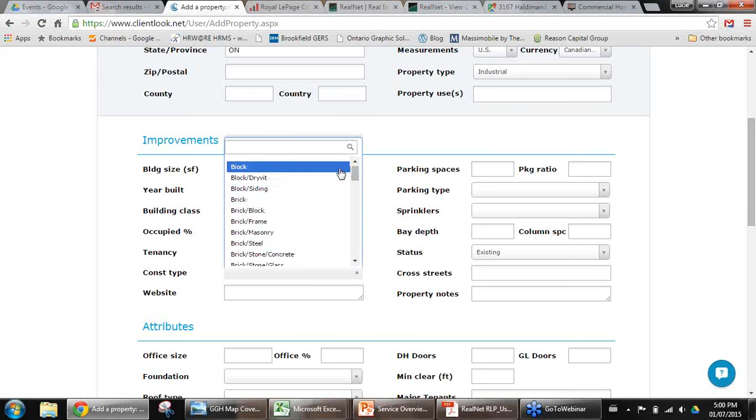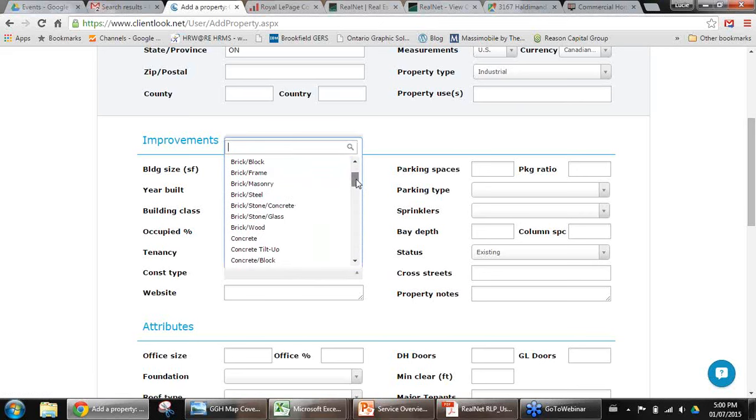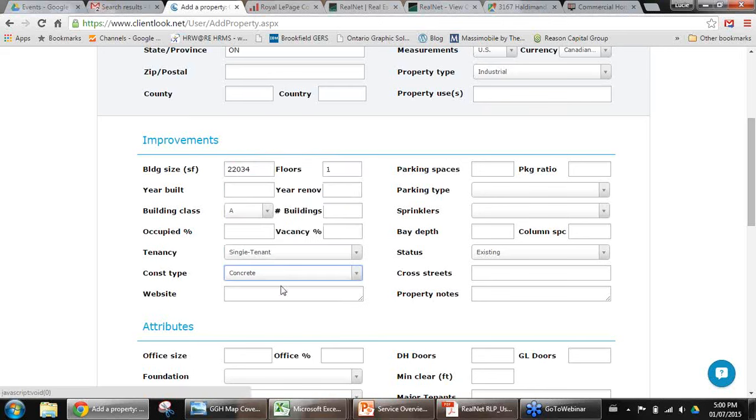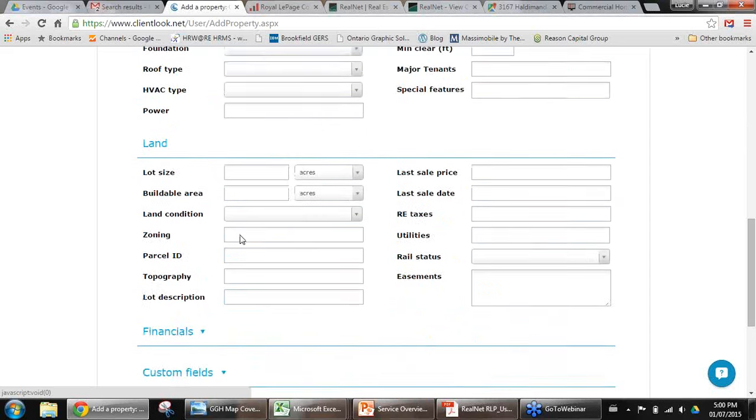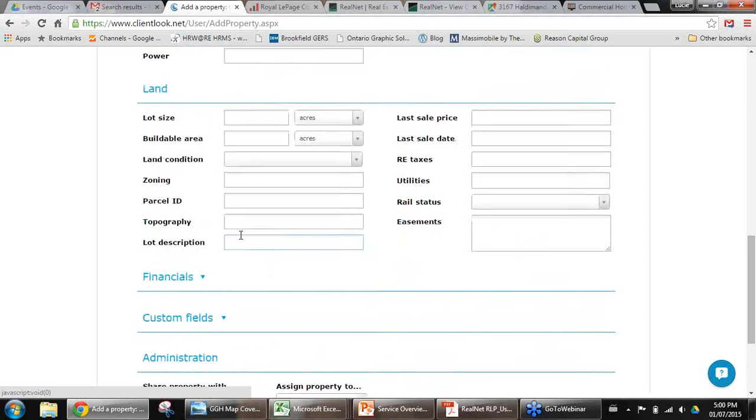Construction type, again, if I know what that is, if it's a concrete slab, you can put anything that you know about the building. If there's a particular website for the building because it's under management by a property management company, you can put that in here. So again, you can build out all of the information that you know about the particular property,